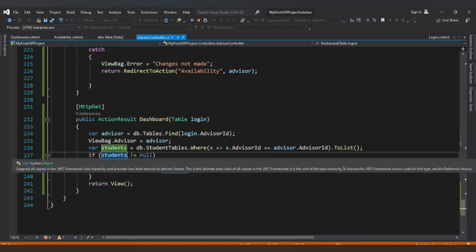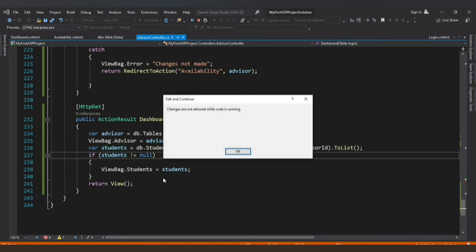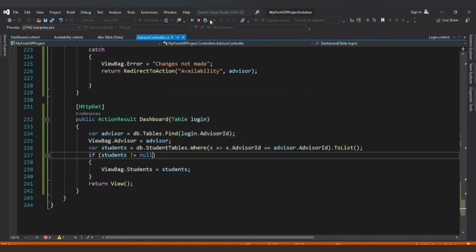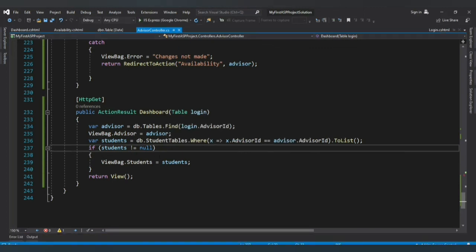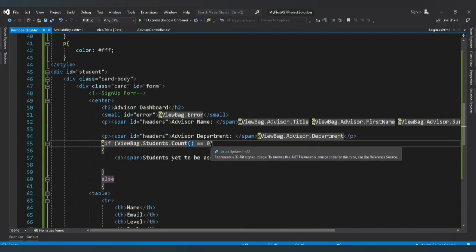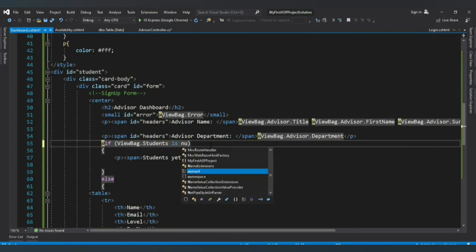Not equal to no, but if still running, I have to stop this, and then so if student.count is not equal to 0, then we have view back the students. Yes, and then we could say, so if view back the students is null,